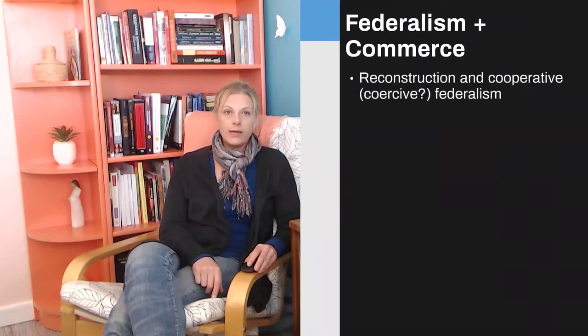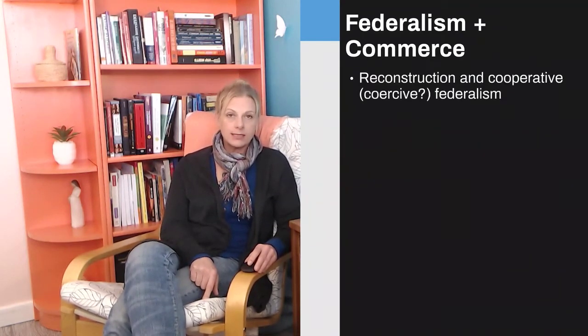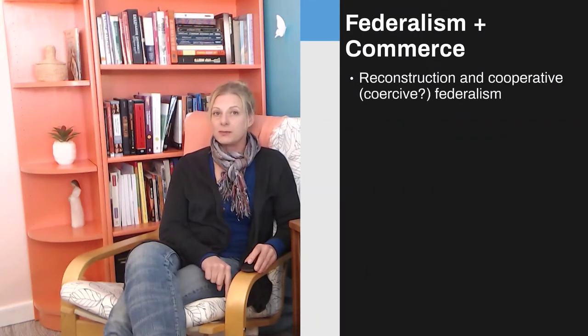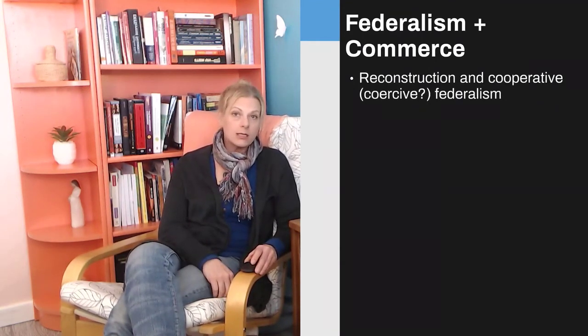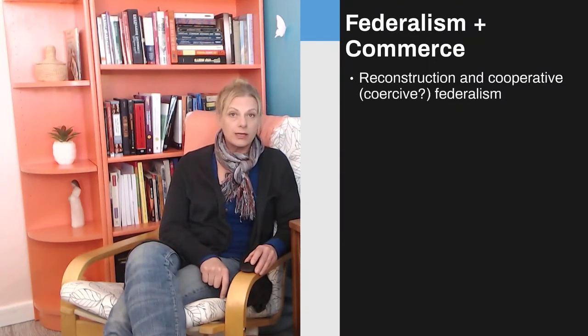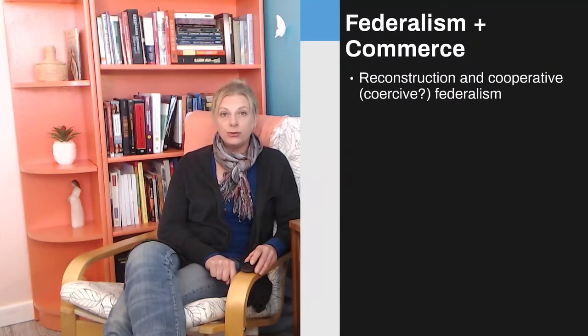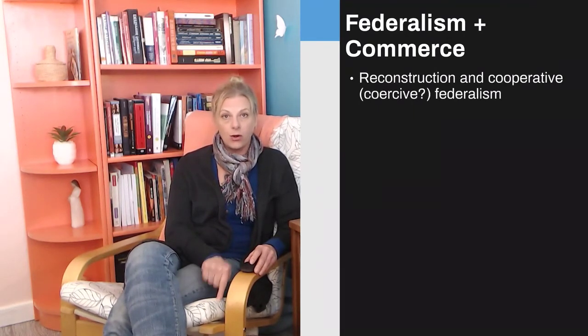So now to a slightly lighter topic. There comes after the Civil War, we get to the Reconstruction era. And this is where the very strict dual federalism that we saw in the Scott versus Sanford decision falls away, and we move toward a much more cooperative or even perhaps coercive federalism, where the federal government takes on a much stronger role than it had before. And in part, this is due to the addition of amendments to the Constitution, the Reconstruction era amendments, that gave Congress a direct role in keeping tabs on the way that states are doing their own, what had before been